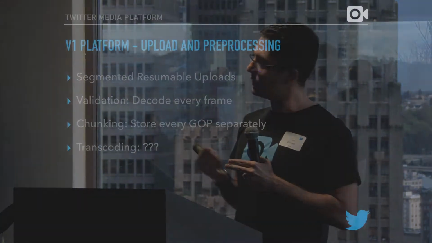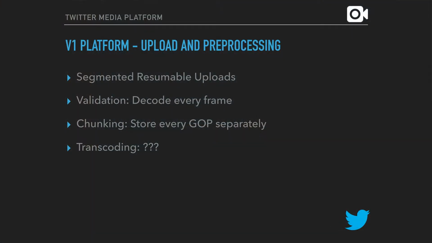Now I'm going to discuss how we get the file from someone's device to our data center, and what we do to make sure that when I give you a media ID and let you tweet it out, others can see it and play the video. For uploads, we are using what's called segmented resumable uploads, and the timing worked perfectly on this one. We were just about to do this for photos, so we were able to use it for videos.